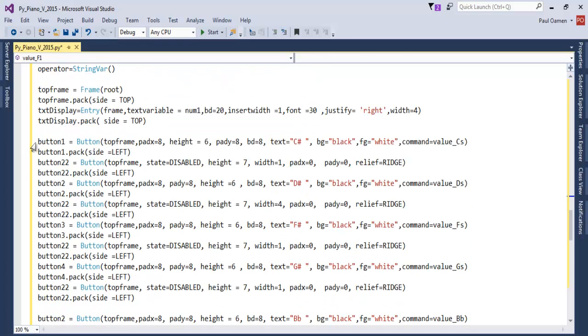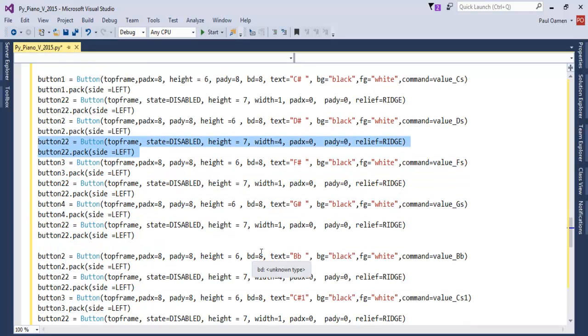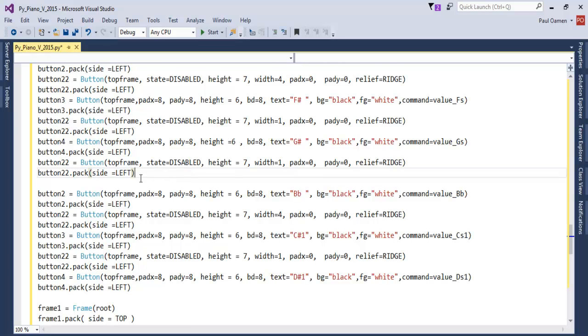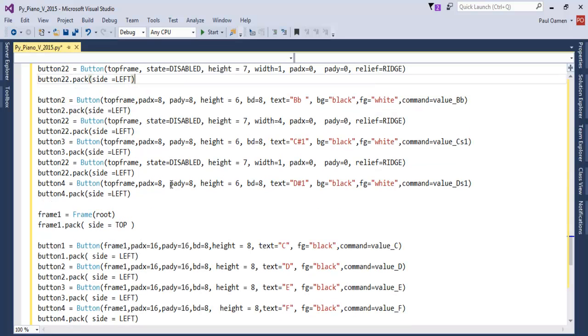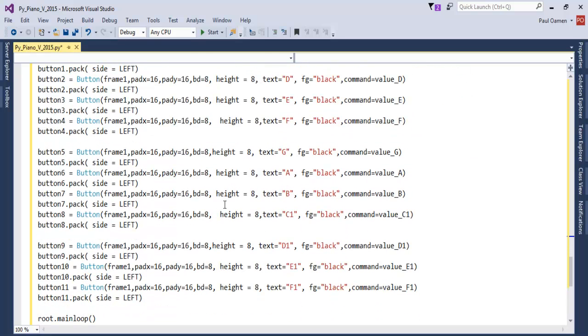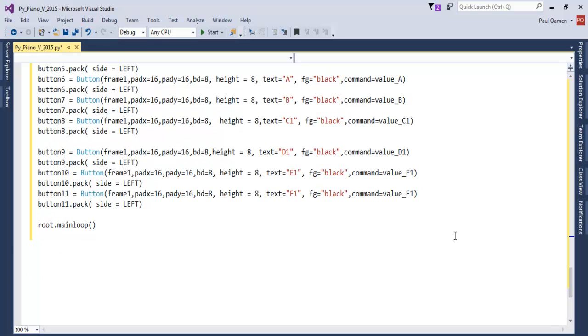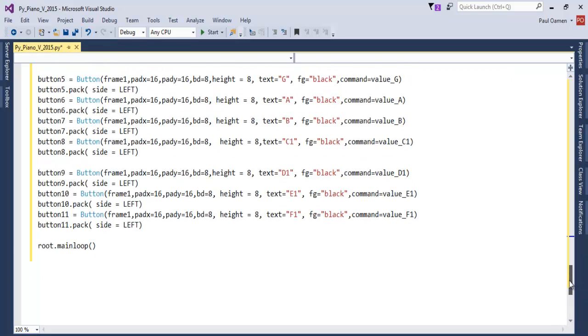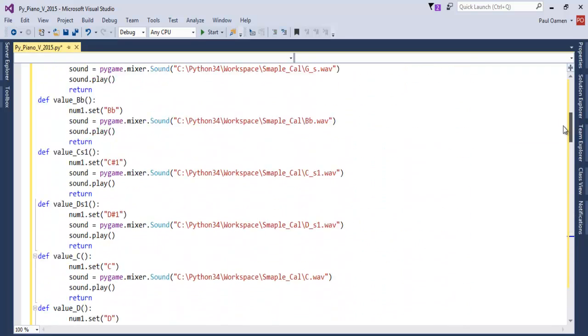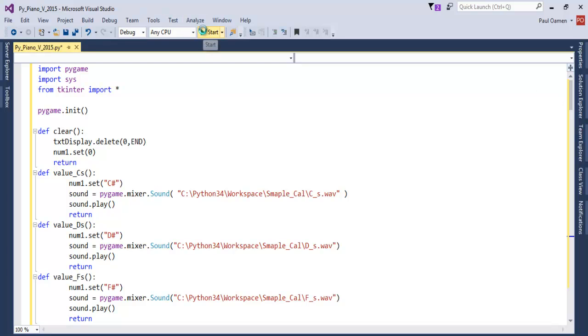Those are all the declared functions that we call where all the music notes are. And right here I have all my buttons. This is the first one you saw earlier, and that's the space. That's the second button, and that's the space as well. You bring it down, and you can see the similarity in all of the lines of code. I have a similar program in Python itself, but this one is developed using Visual Studio 2015. So if I click on start,